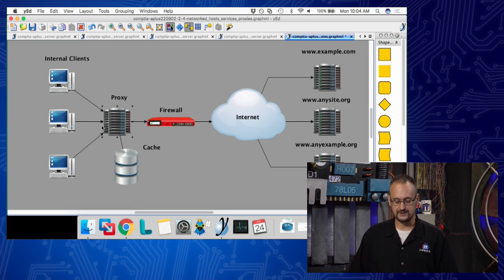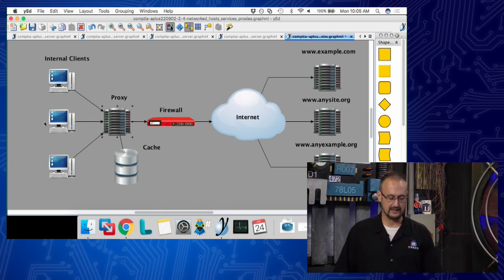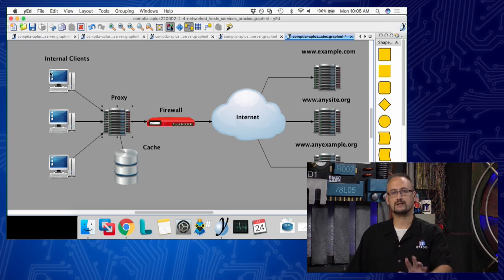All right. Now, once the proxy receives it, it does a couple of things. One of the things that it does is it caches, just like we talked about DNS cache. It caches that web request on the local hard drive, and then it sends it back to the original client. Now, let's stop right there and say, so you understand, what are the benefits of that?